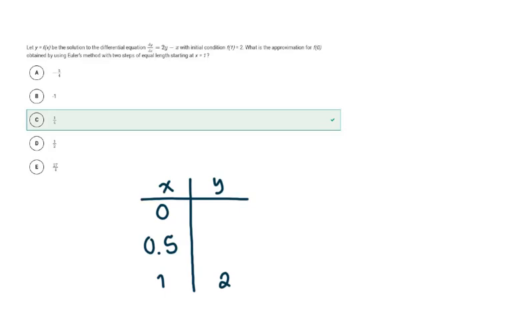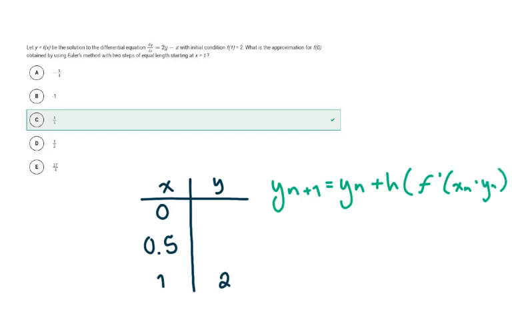So here in the table down here, we've got our two steps of equal length written out. The main thing we have to deal with, since we're going backwards, is that instead of adding as we go down, which we've normally done, we're going to subtract. We're going to use the same formula that we normally would, which is y n plus 1 equals y n plus h times f prime using the old x n and y n. But since we're going backwards, all we're going to do is change those. See, this is an n, this is plus 1, plus 1, plus 1, and going backwards, so we change that